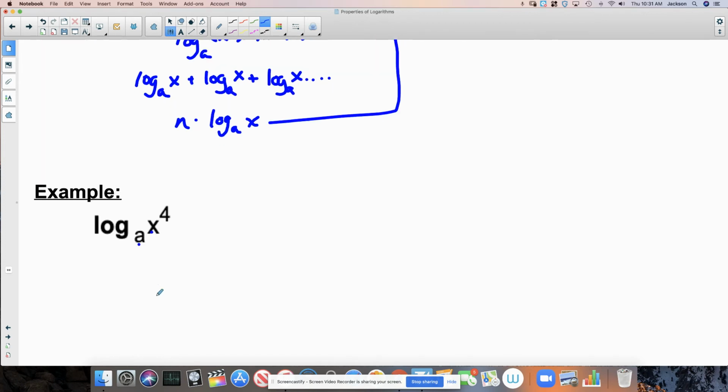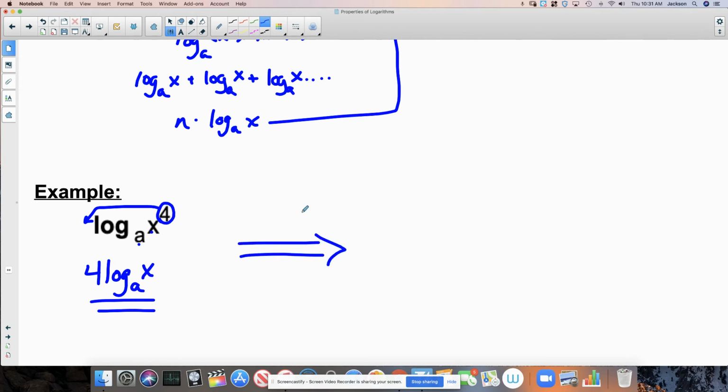So if we look at this very basic problem, anytime you have an exponent inside a log and we're expanding, we're just going to take whatever the exponent is and put it in front. So this becomes 4 log base a of x, right? And there's nothing more I can do because inside this logarithm is just a singular term. I want to be clear. We'll see some of this when we start doing some more expansions. But just as another example,